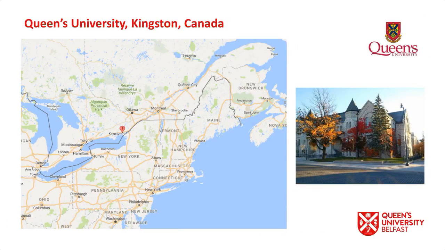So in terms of Queen's University Kingston, it's a lot older than Newcastle. It was established in 1841 by Royal Charter of Queen Victoria, and that's actually 40 years before Newcastle received its charter. It's located in the city of Kingston,